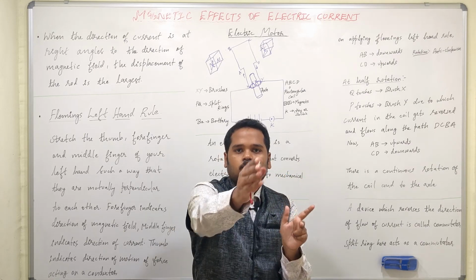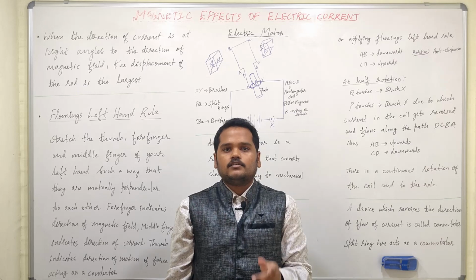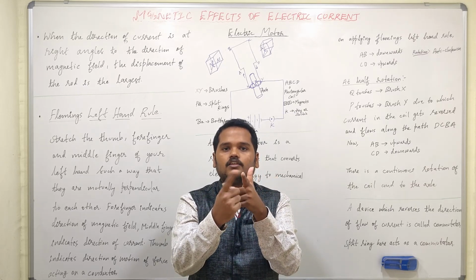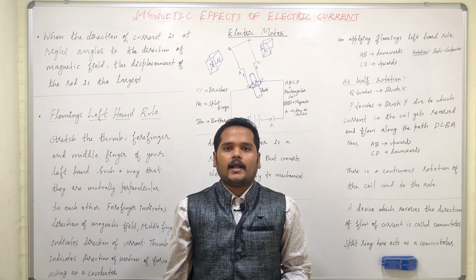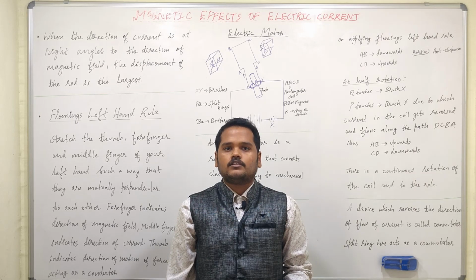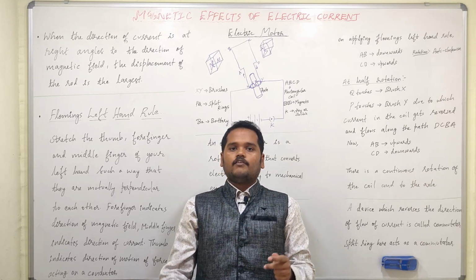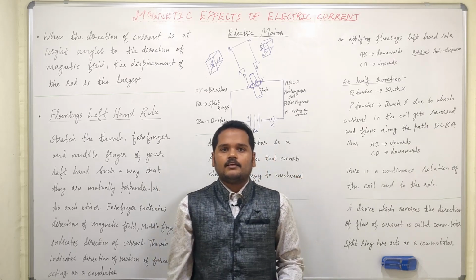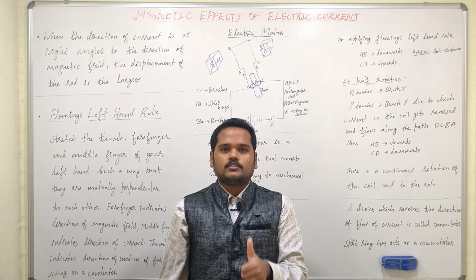When the current is passing, there is a magnetic field which is created around the current. So that is indicated by the forefinger. So forefinger indicates the direction of magnetic field. And the moment the arrow of your thunderbolt of current through your middle finger hits me, I fall back, indicating the direction of motion of conductor, thumb.